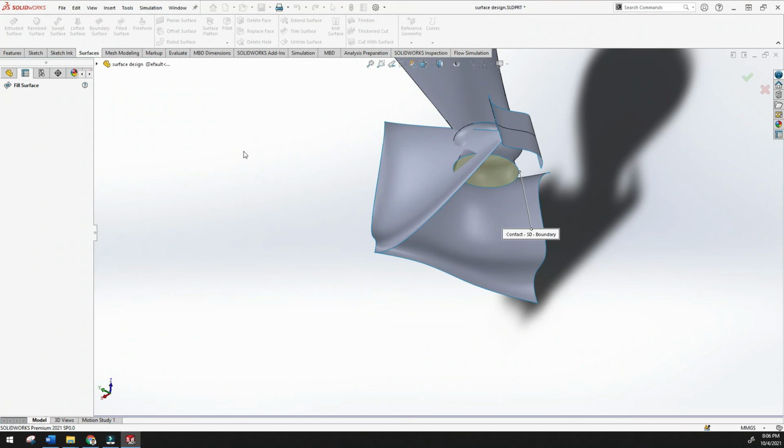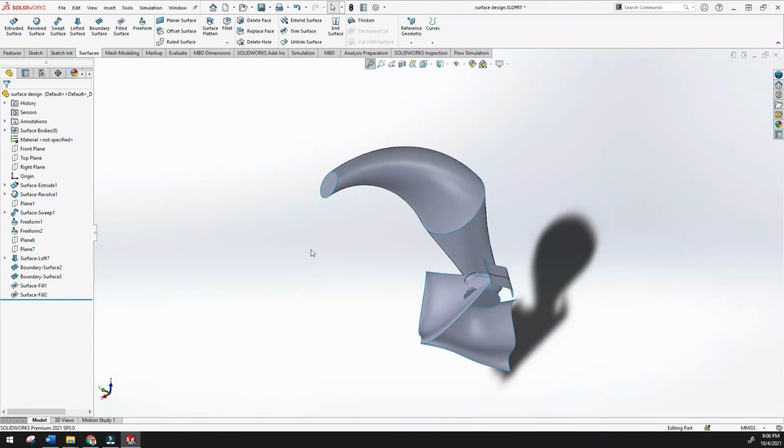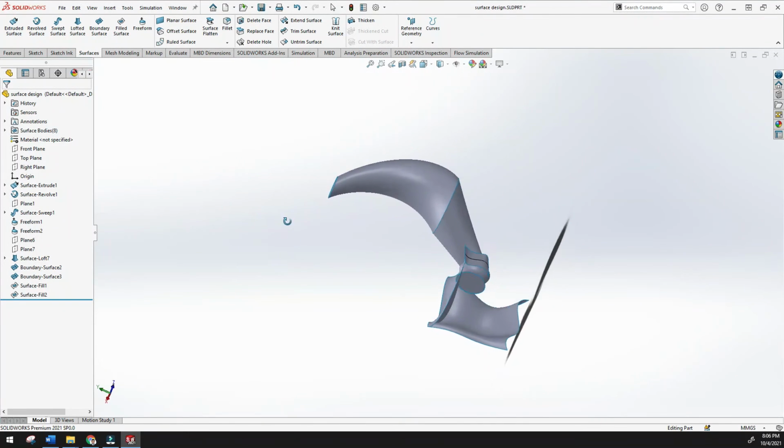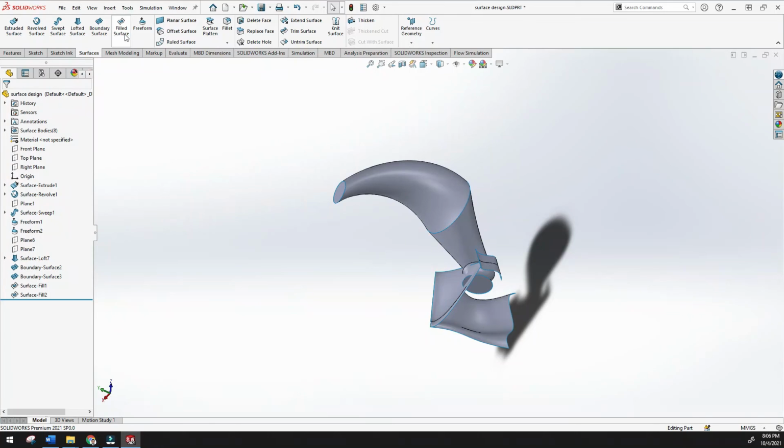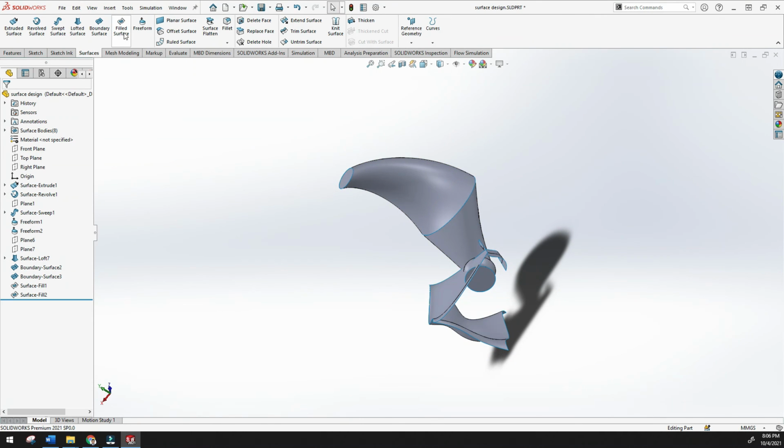So this is basically a very good tool, fill surface. Like if you have any holes or cutout sections in between this profile, you can easily use fill surface to close it.